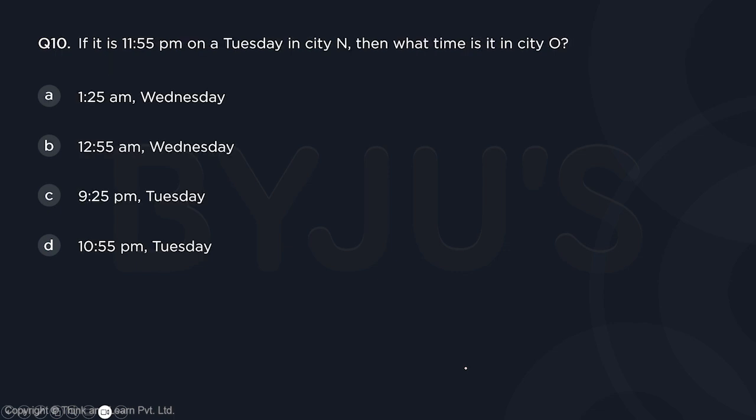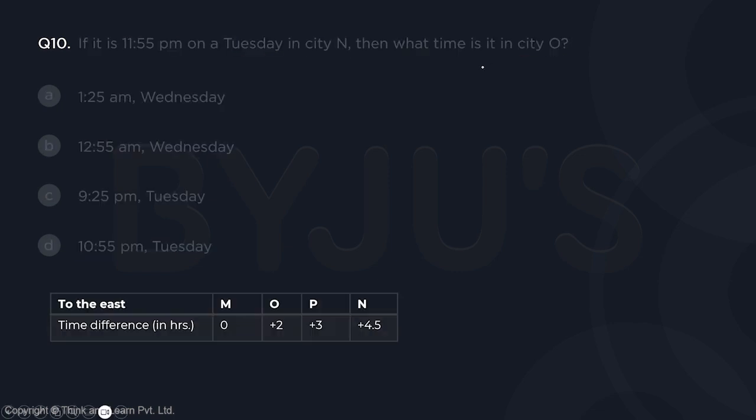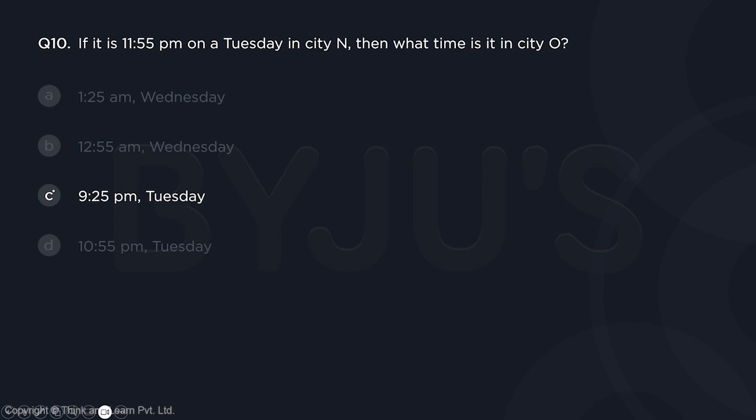And lastly, if it is 11:55 p.m. on a Tuesday in city N, what is the time in city O? So if in city N the time is 11:55, what is the time here? Of course, I see there is a difference of 2.5 hours here. O is 2.5 hours behind. So just subtract 2.5 hours from it. Two hours subtracted is 9:55. Another half hour subtracted is 9:25. So 9:25 p.m. of Tuesday would be the right answer for question number